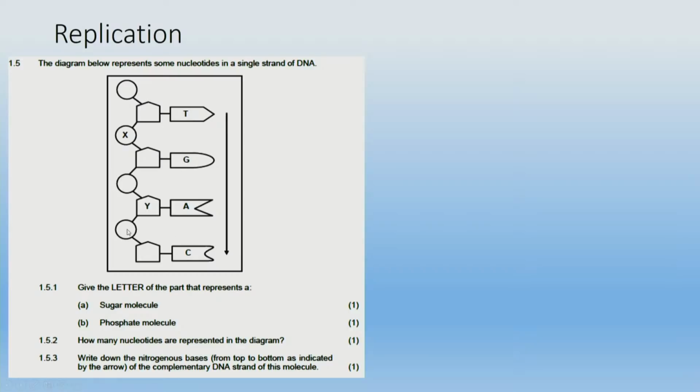nucleotide and what it is composed of: phosphate, sugar and the nitrogen base. And now we can count 1, 2, 3, 4 nucleotides. All right, and then also write down the nitrogen bases from top to bottom as indicated by the arrow of the complementary DNA strand of this molecule. So T, A, G, C, A, T, C, G. So type of questions that learners can